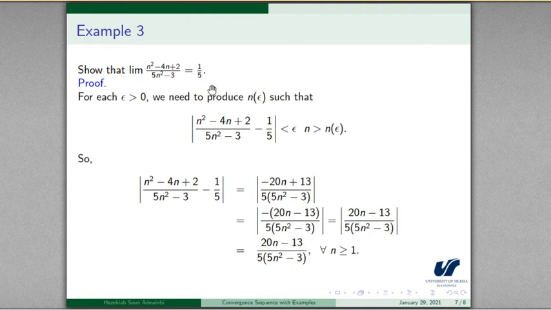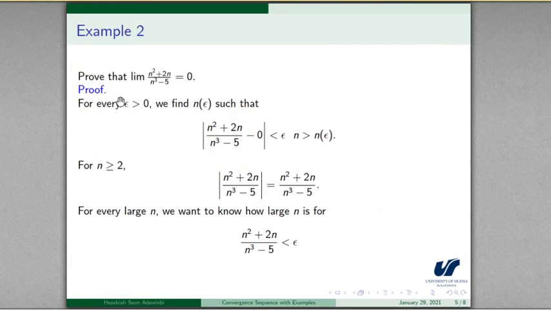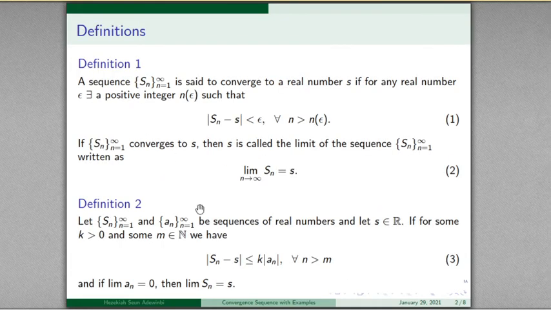Mere looking at it, we are sure that the limit is 1 over 5, but we have to show that this is true in general. So for epsilon greater than 0, we need to produce n of epsilon such that this is less than epsilon for n greater than n of epsilon. Here, this is for definition 1, but here I will use definition 2. As we can see above, in definition 2, this is what we want to arrive at: xn minus x less than or equal to k of an,